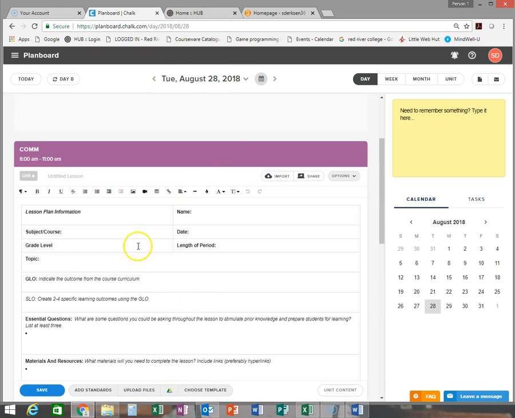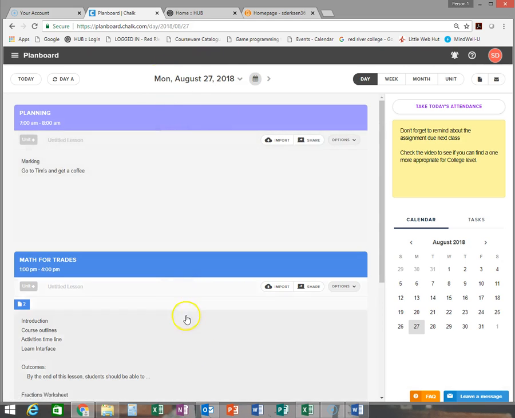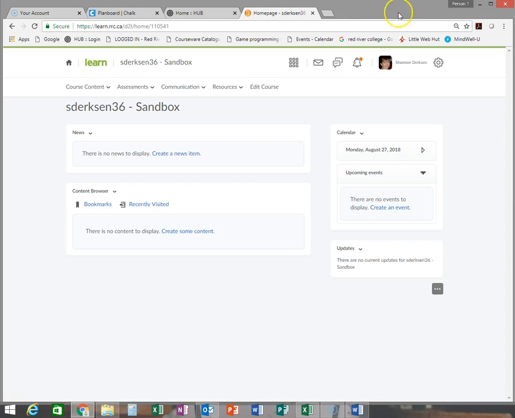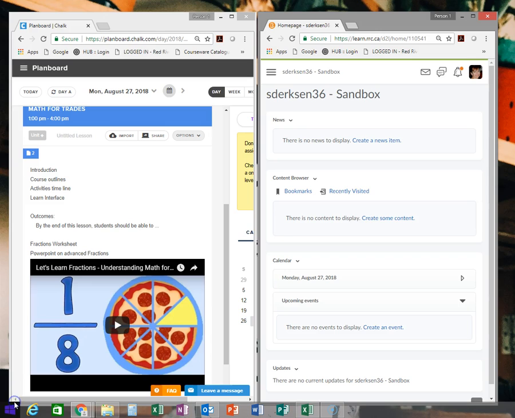I'm going to go back. I'm going to hit save. And I'm going to go back to Monday because I had some stuff in there. I wanted to just show you. I'm going to have Learn up here. So I'm just going to put my windows side by side here and get organized. Okay, I'm all organized here, and I've got my Planboard up on the left-hand side, and I have my Learn